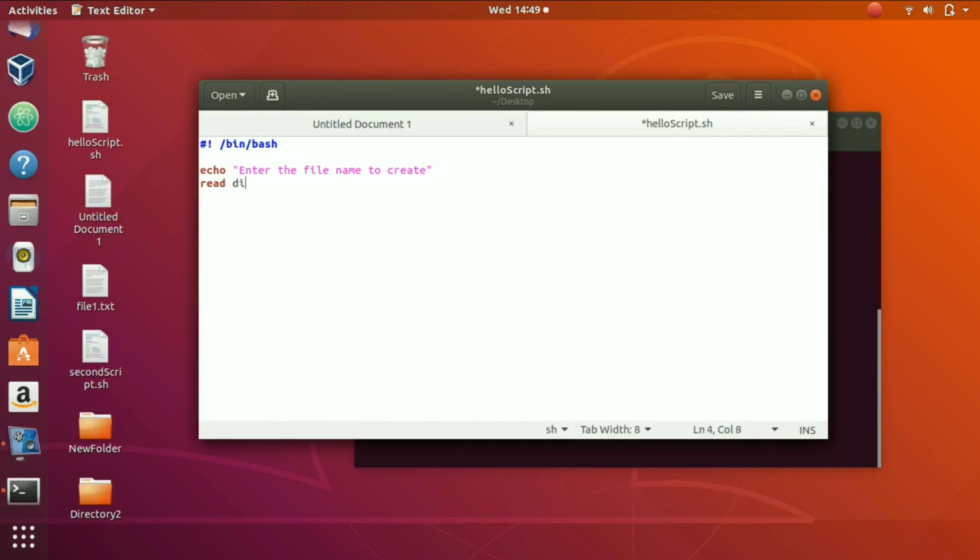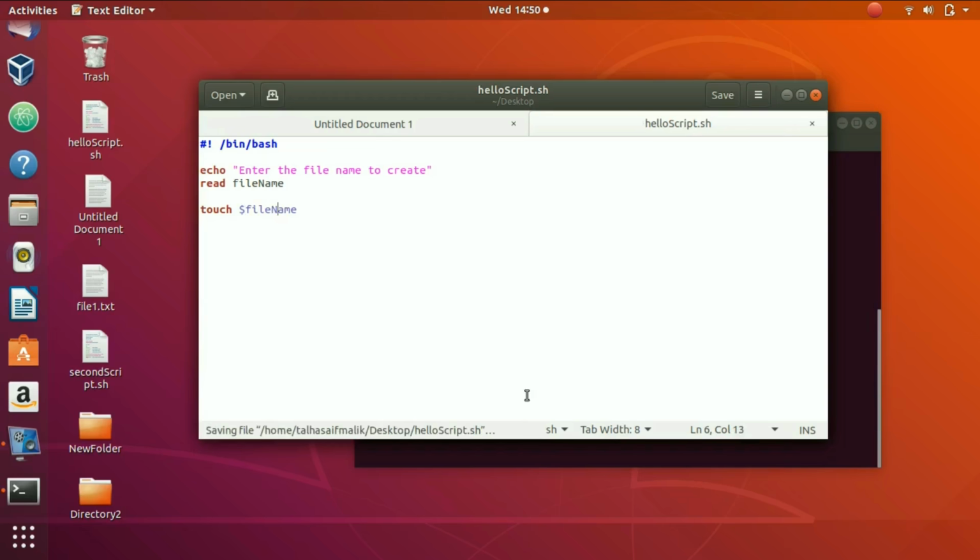And after writing that, we'll change the variable name. Let's say we write here file name. Okay, and then we come to the next line, and now we write here a touch command. So touch command basically helps us create the file. So we write here file name, and obviously I think we have to give a $ sign here as well,